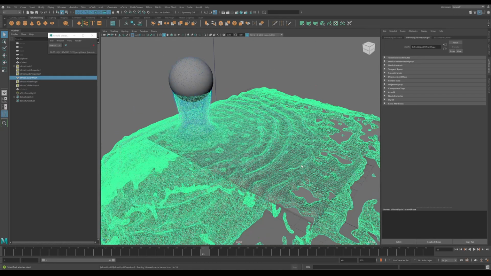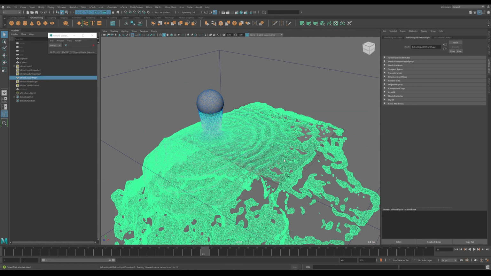It will look somewhat blobby, to be honest, because like everything else, the quality is dependent on the simulation. So this is why you should focus on getting the simulation and the behavior working correctly first with just enough particles, and then start to tune it up by increasing the resolution of your simulation voxels using the master voxel size. Once you've got that higher resolution, the mesh quality will begin to increase as well. Remember, our voxel size is quite high at the moment, which is why the mesh looks a little bit blobby. If we were to lower that value, increase the number of particles, and increase the number of voxels in our scene,